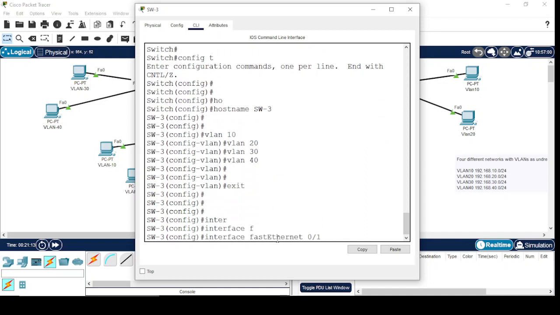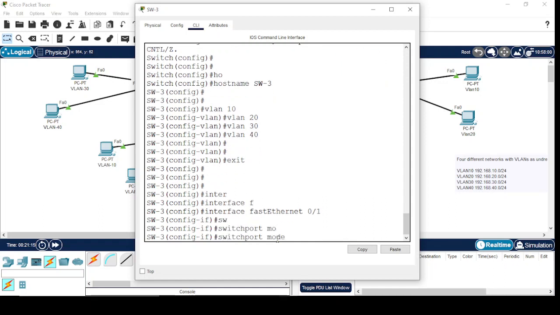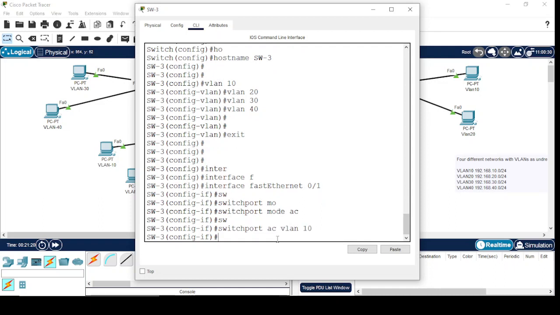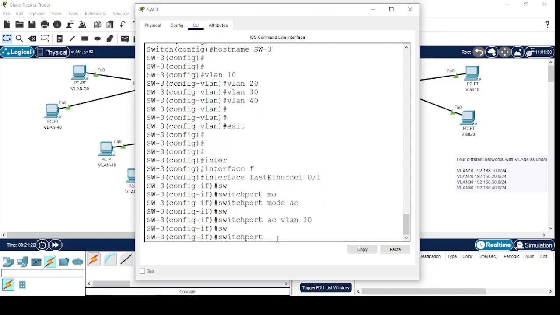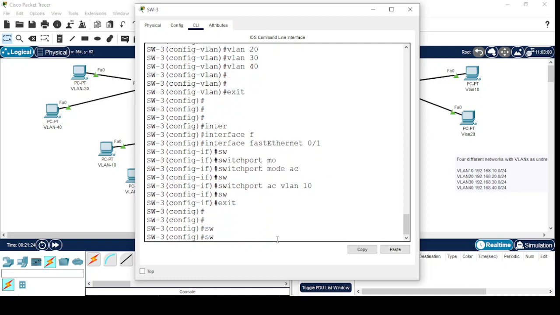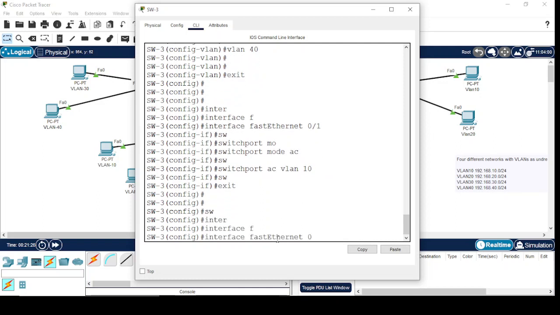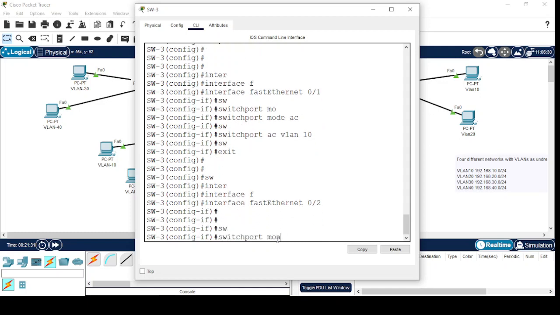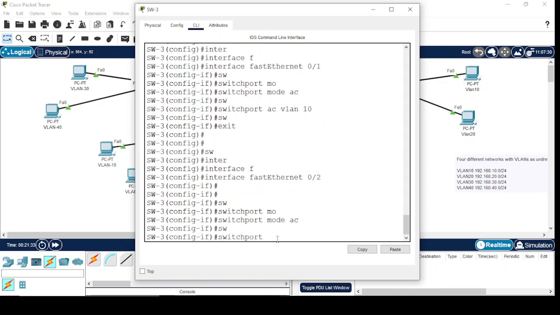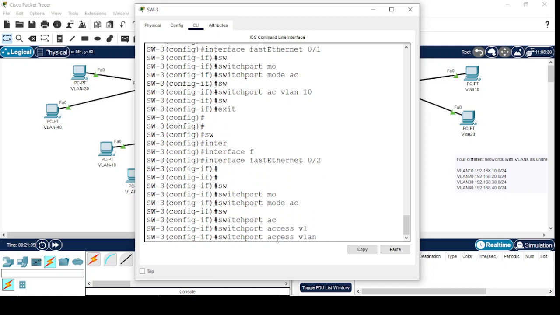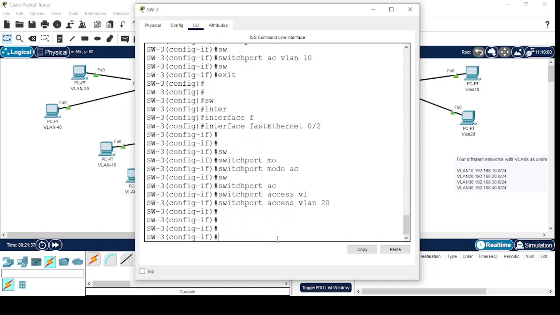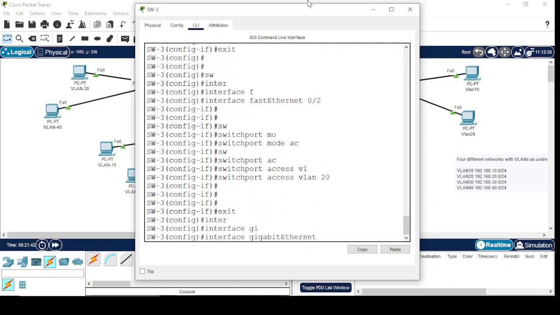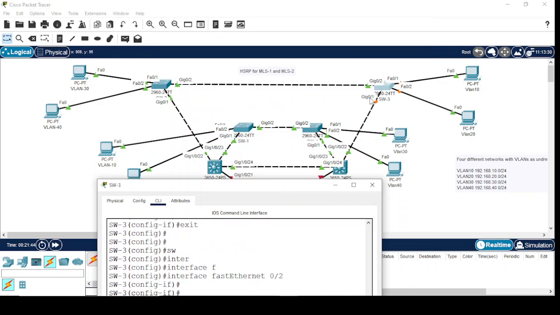Interface FastEthernet 0/1, switchport mode access, switchport access VLAN 10, switchport mode access, switchport access 20, interface gigabit 0/1,